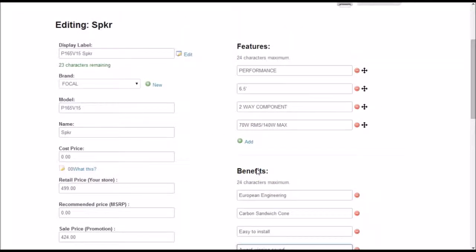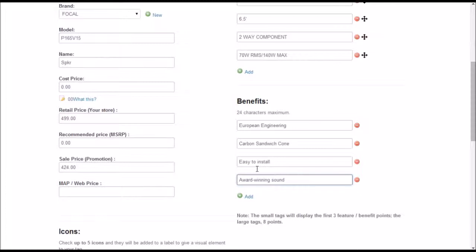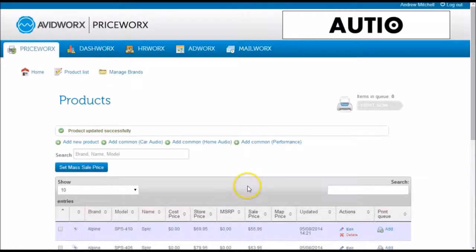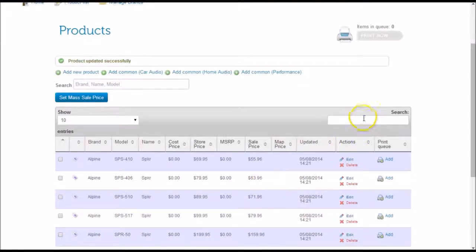There you go. I've got 4 features, I got 4 benefits, and I'm ready to create a label. All I have to do is go down here and hit Save. That brings us back to our product list page. To find the product, you can either search for the brand,